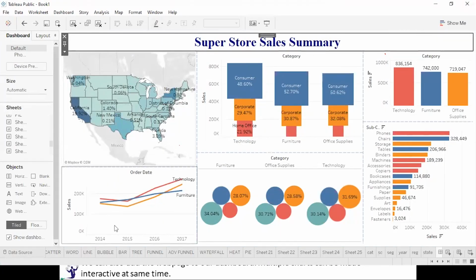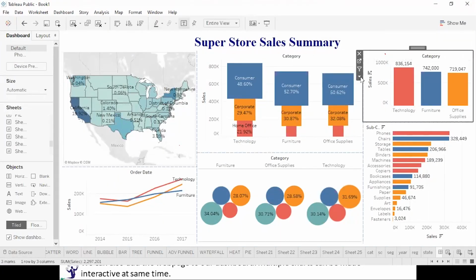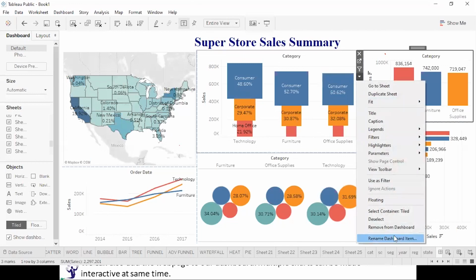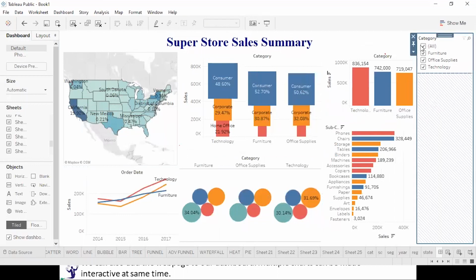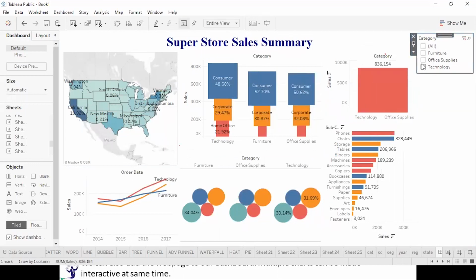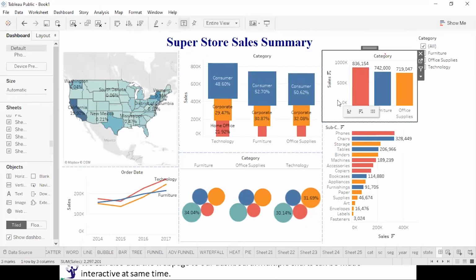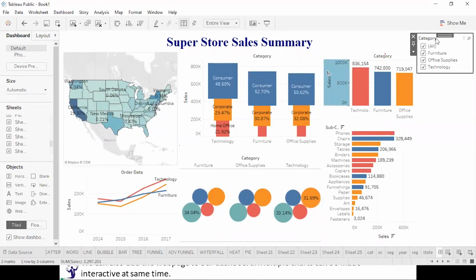So what can I do? Let us take any of the visuals. I can click on this drop down arrow and say show filter, filters, and on the basis of category. Now you see that you have got the interactive filter over here, but this filter is applicable only to the visual through which you have created the filter. Now to make this filter applicable to the entire workbook,